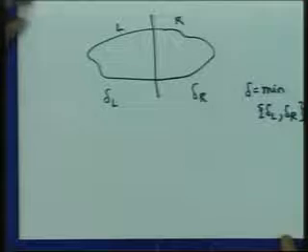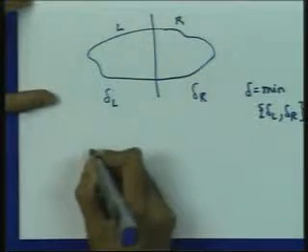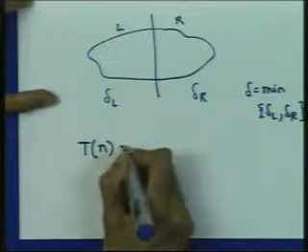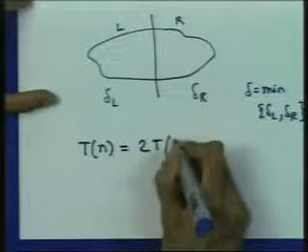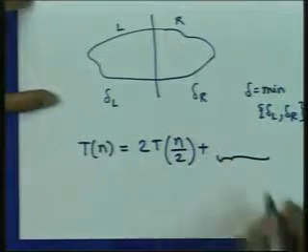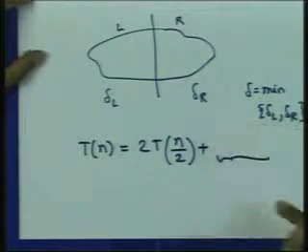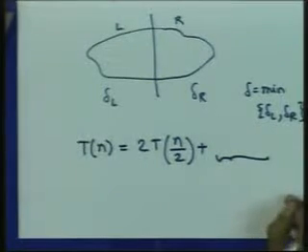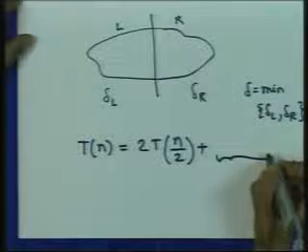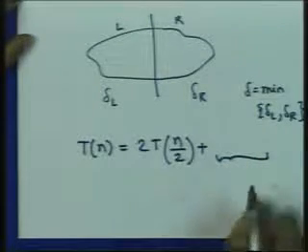Okay, let's also, at the same time, keep the recurrence in place. So if Tn is the time, I have already done this, plus what? Ideally, this should be order n, because then I know this recurrence is n log n, and I'm in good shape. So this is the amount of work that I'll need to find the closest pair,